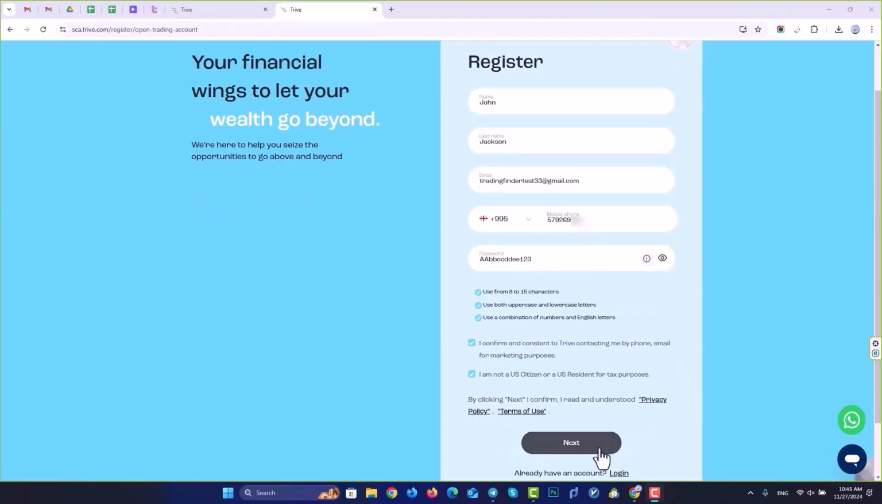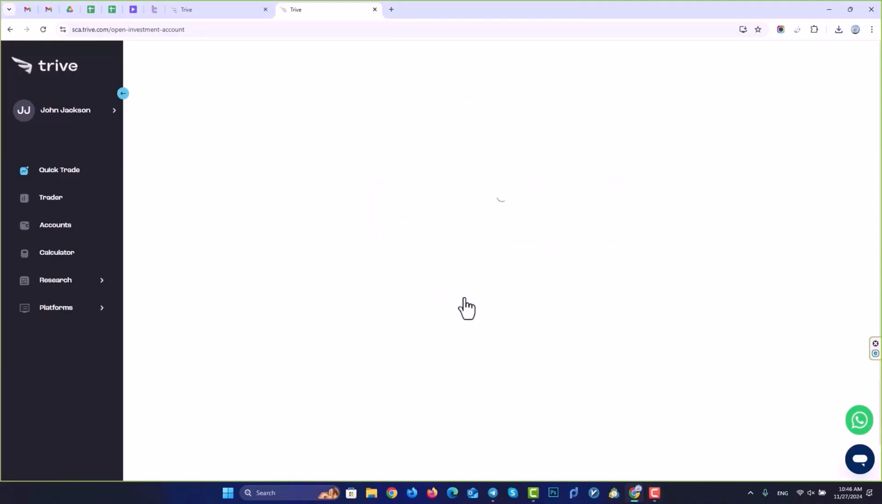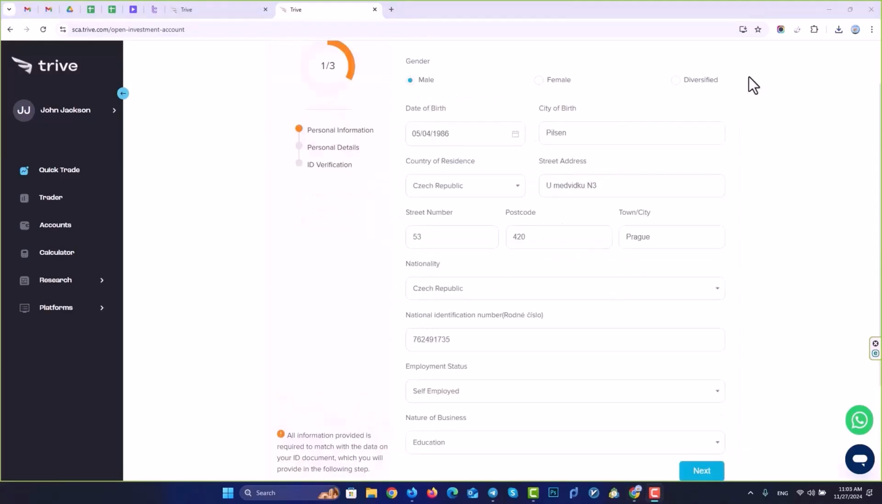After entering the information, you accept the website's terms by ticking the box and click Next. In the next step, you choose how you want to work with the website, and then confirm the terms and click Next. In the next step, you enter your gender, date of birth along with your city of birth, country of residence along with your full address, nationality, ID card number, employment status, and your job type or status, and